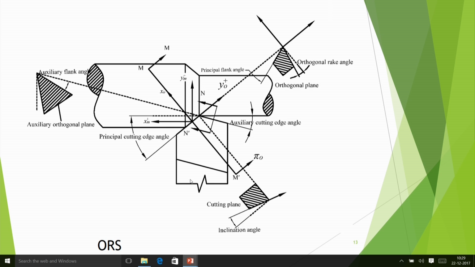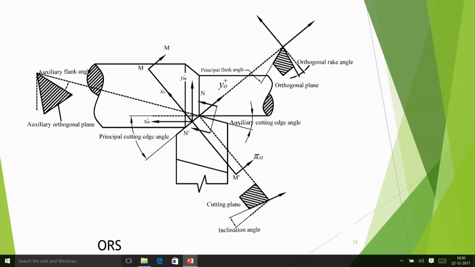In ORS system, I am showing this diagram, because things are 3-dimensional, so one can easily understand by means of taking various views, orthogonal views. That's how we understood for SA system. So you will be able to understand for this system also. In the ORS system, if I just show the top view of the tool, this is the top view of the tool. So in the top view, you are seeing that nose radius. This is the nose radius. You are seeing this is the auxiliary cutting edge angle, and you are seeing principal cutting edge here.